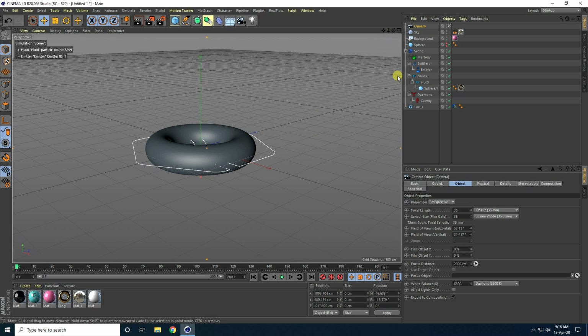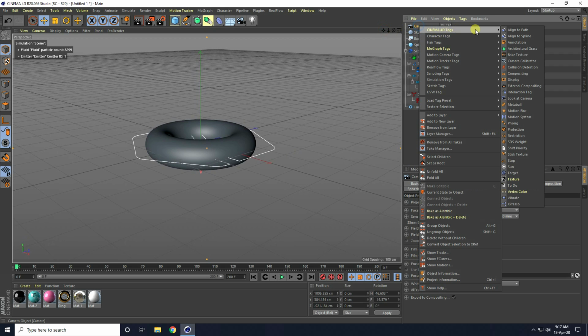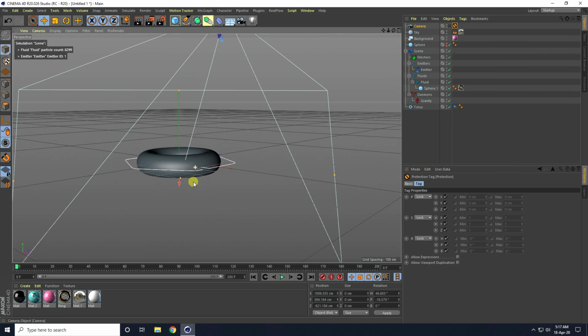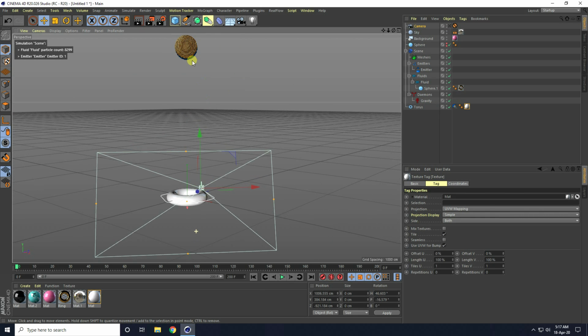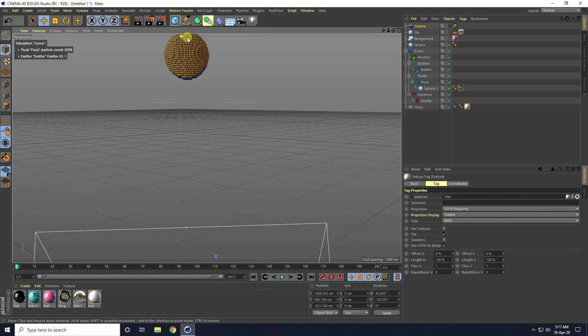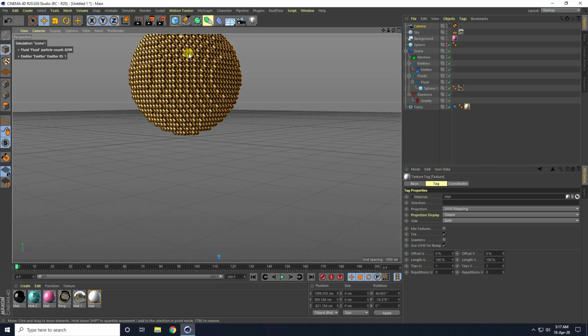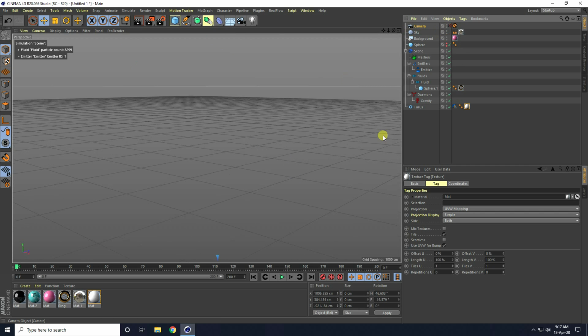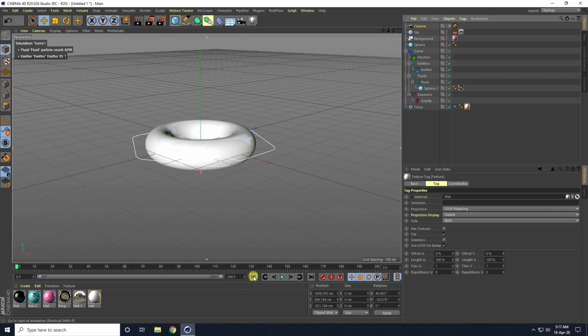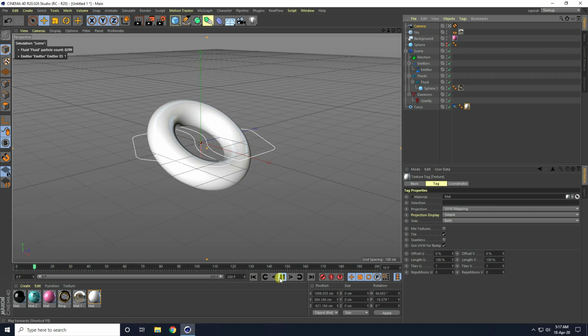Yes, okay guys, my camera angle is fixed, and right click on camera and take protection. Yes, and guys, white material on torus. Yeah, and see guys, that's my beautiful golden sphere, right? It's really beautiful. And again, go to camera and guys, go back and play.